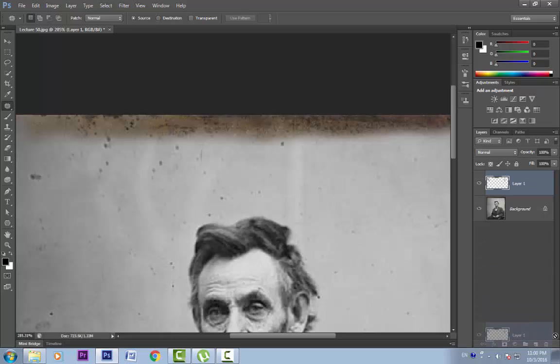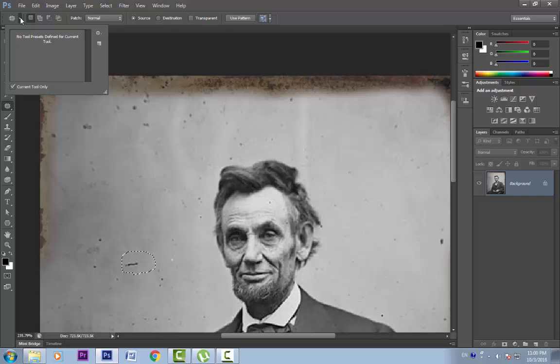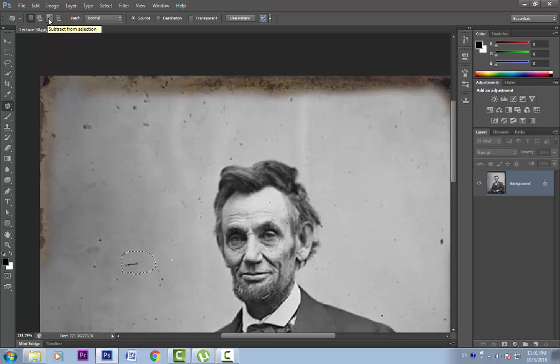I'll delete this layer. With this tool, we can make a selection of an area that we want to repair and simply drag it to another area in the image to look at as source data. Let's see how it works. Let's draw a selection around it. Let's talk about these options first. This one is again tool preset. No tool presets are defined, and I hope you are familiar with these options. This one is for a new selection, this one is add to selection, subtract from selection, and intersect with selection.